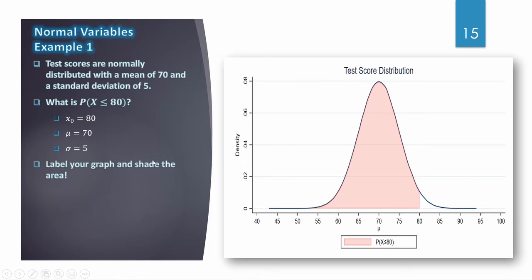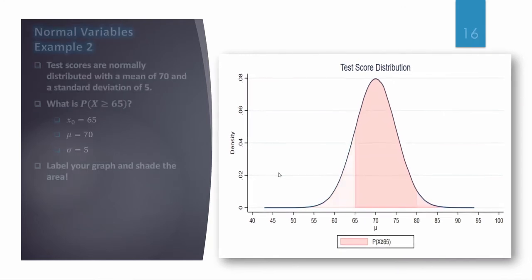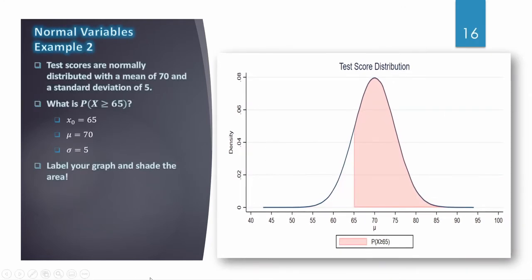What is the probability that we see a test score less than or equal to 80? Well, this is just everything from 80 on down. We could write this in terms of the three pieces of information: x0, our threshold value of test score, the mean, and the standard deviation. Similarly, I could write a question,